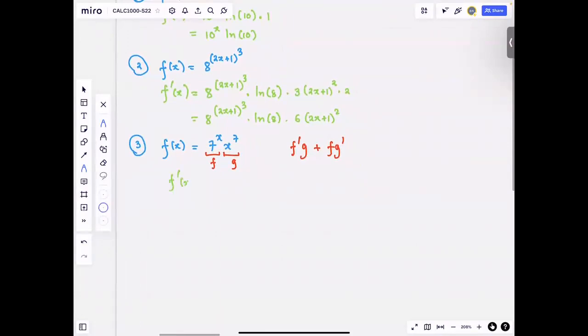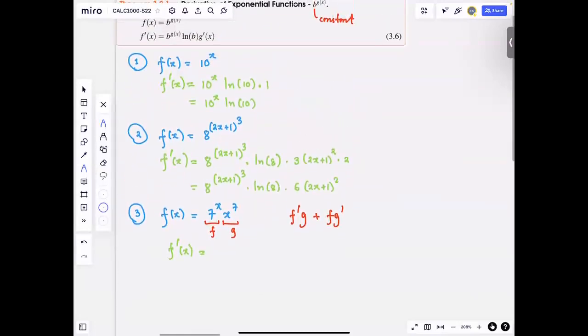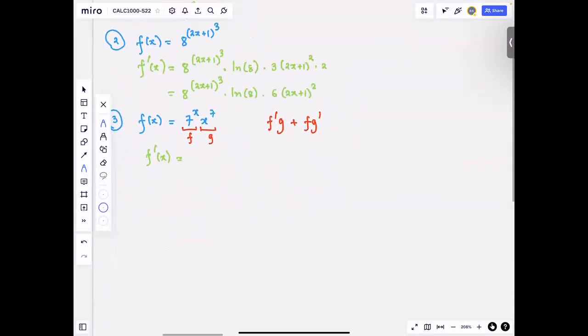So the derivative of that is equal to, well, we're going to do the derivative of f now. The f function is an exponential function because it's a constant to the power of x. So we're going to use the rule that we just learned. That means we're going to copy the function, multiply by the ln of the base, multiply by the derivative of the top, which is 1. So that takes care of f prime. That is going to be multiplied by g, which is x to the power of 7, and then plus. The second part is we're going to copy the f as it is,